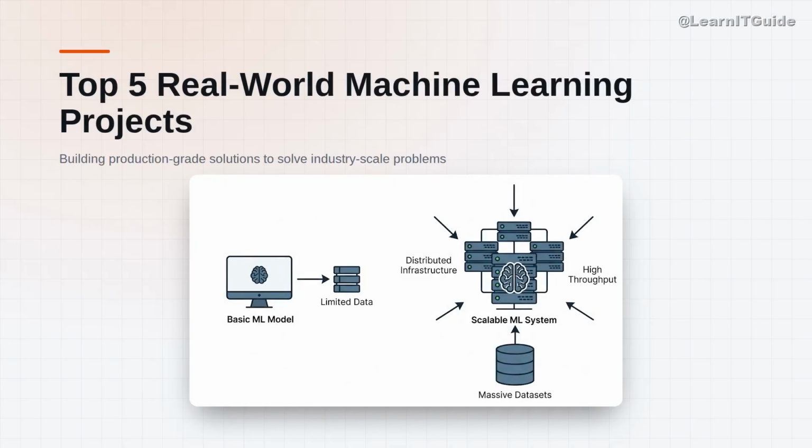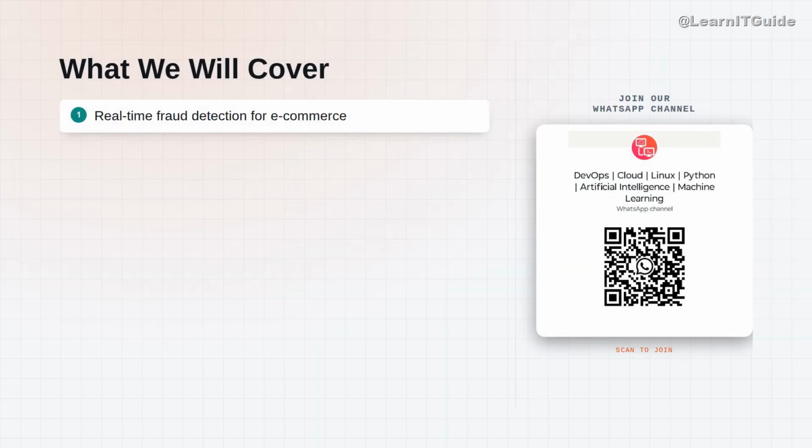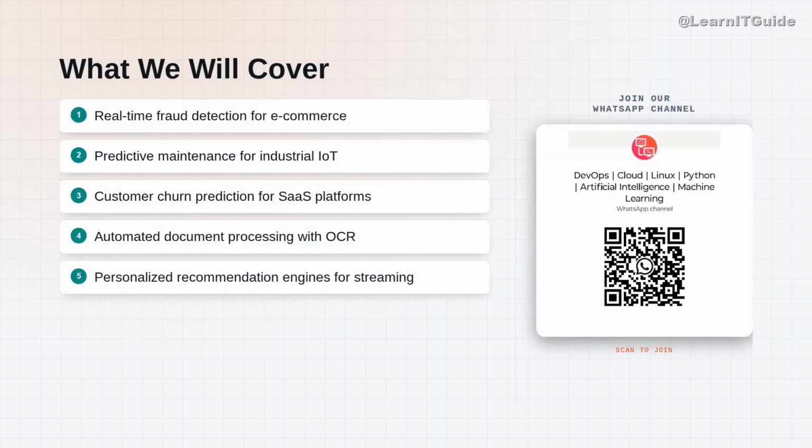Now that we know the stakes, let us look at the roadmap for this session. We are moving beyond the basics to focus on systems that scale. These are the 5 projects we are going to break down today. Specifically, we will cover real-time fraud detection, predictive maintenance, customer churn analysis, automated document processing, and recommendation systems. Watch all the way through because each section provides the specific technical stack and architectural considerations you need to actually